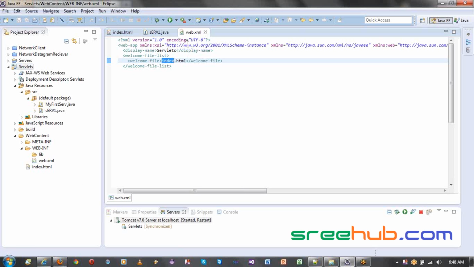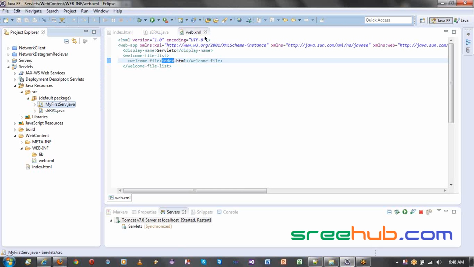But yes, we'll be learning more on this web.xml. As of now, don't worry about that. We'll be learning more on what exactly we have in web.xml. We have to learn this deployment descriptor for servlets. We have to learn that for JSPs and all. But as of now, just right. So this was my